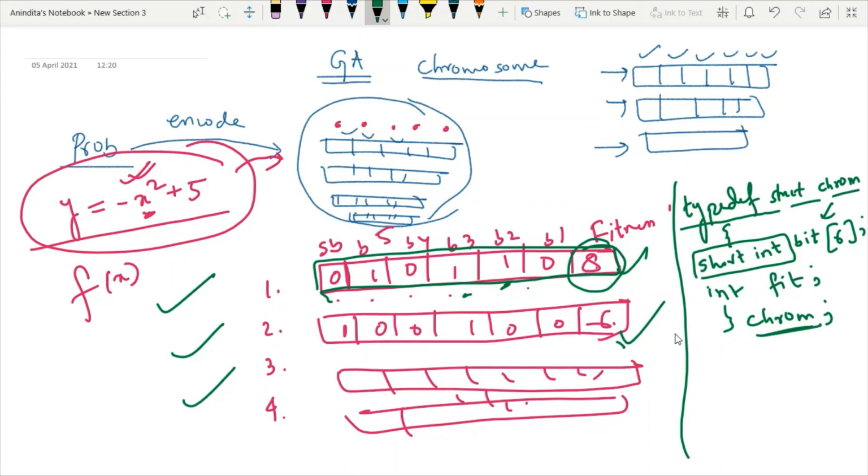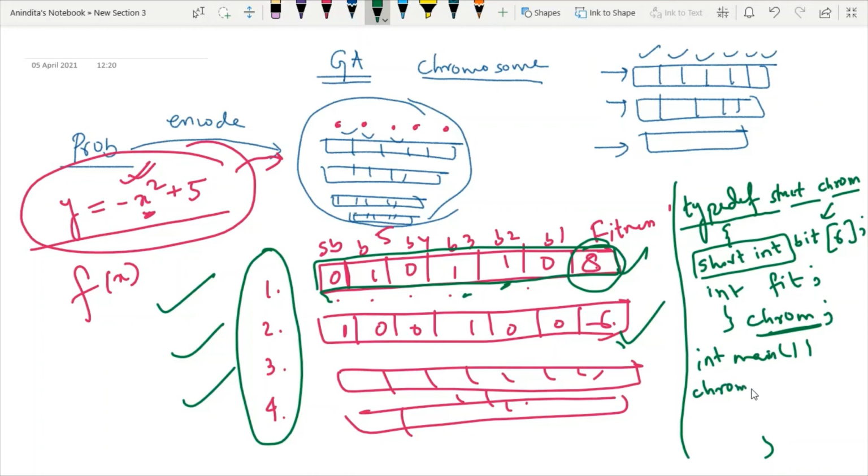So I want to create 4 chromosomes. Within main, I will use this abbreviated form chrome, and then I will create one array, and this array will be of type structure. Say I want to create the current population with 4 chromosomes, then it will be of size 4.